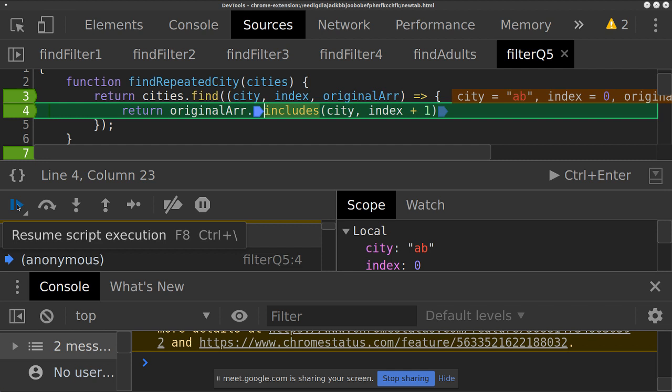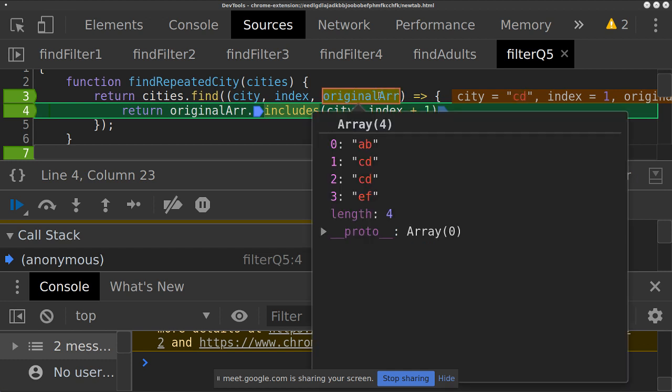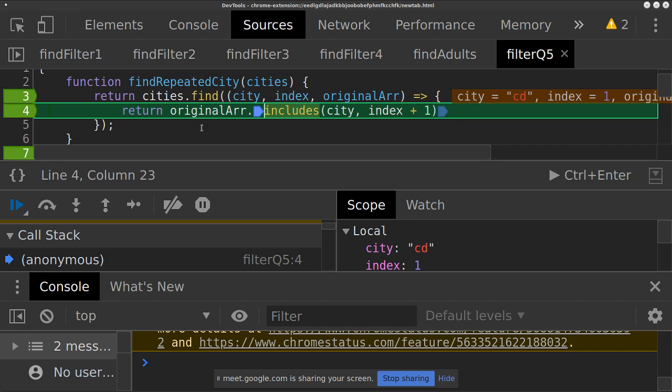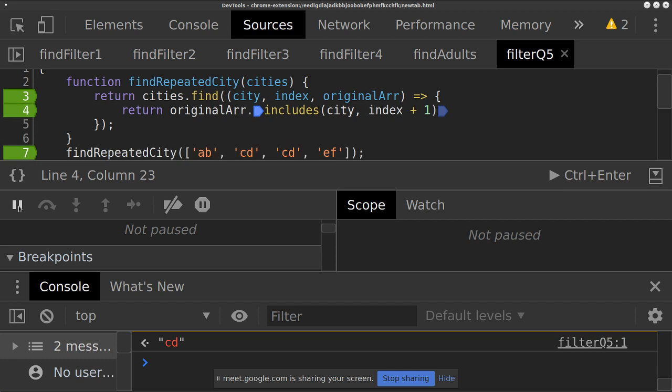Does 4 run again, or does 3 run again? So we're still on 4. We can tell it's a different iteration because the value of city has changed. In the original array, that was the second element at index 1. So we've now run 4 2 times. Will we run it again, is the question. No. Line 4 only needs to run twice because on the second iteration it finds a match. If I moved CD to the last element in the array,